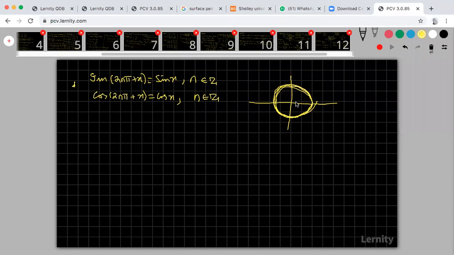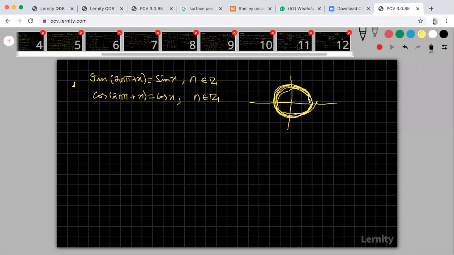In the opposite direction also, suppose I am taking negative values. This is minus 360, one revolution. Taking another revolution, again you will get the same repeated values. From 0 to minus 2 pi, whatever values we are getting, the same values we will get from minus 2 pi to minus 4 pi. So for every one revolution, we'll get the same sine values and cos values.